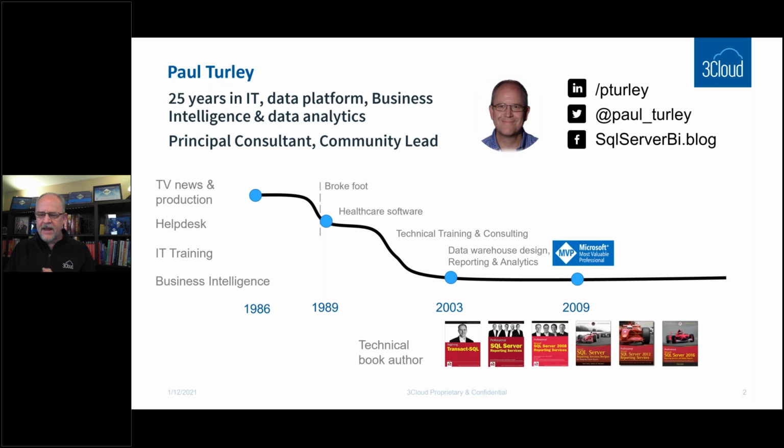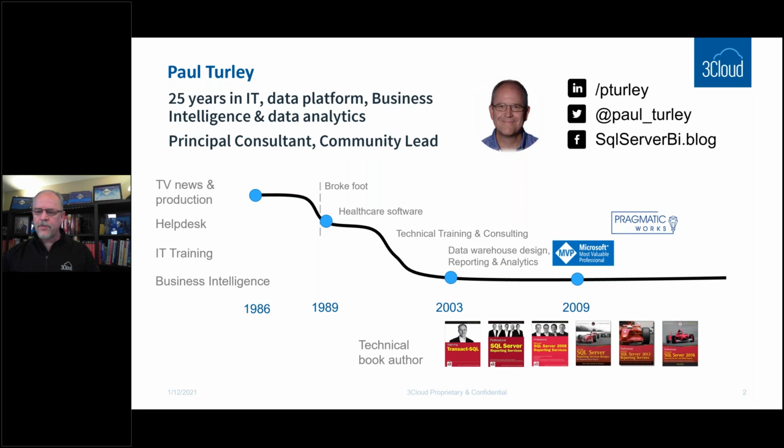Sometime later, I was invited to be part of the Microsoft MVP program, and it gives me the opportunity to connect with and work closely with Microsoft product teams, the folks that actually create these awesome tools. I worked with a number of different companies, one of which, on a contractual basis, was Pragmatic Works. Just really loved the culture and the people there. So I went to work for Pragmatic Works a few years ago.